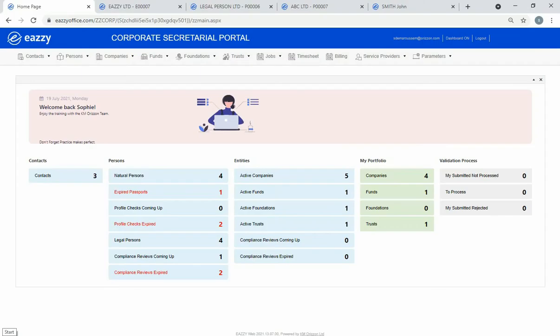It is important to know when to create a share investment and for whom in the system. You will create share investments when those are made by either your client entities, or legal persons, or natural persons in an investee, or an entity that you do not manage as a client in the system. When you manage a client entity in Eazzy, the share investments made in that entity are directly created via the